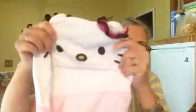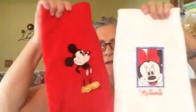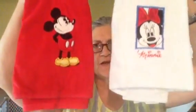I got a nice thick blue towel, and got Kaylin a Hello Kitty towel for after her bath. It's got the hood, the little Hello Kitty hood on it. I got Mickey and Minnie kitchen towels,